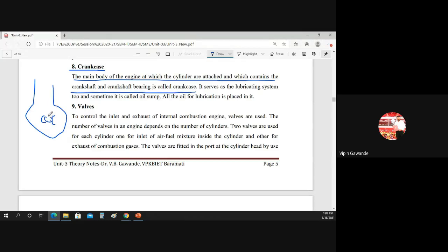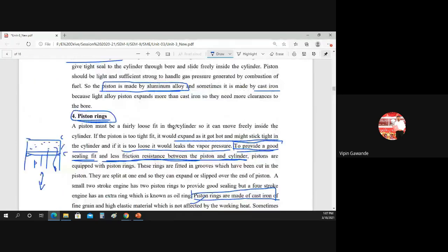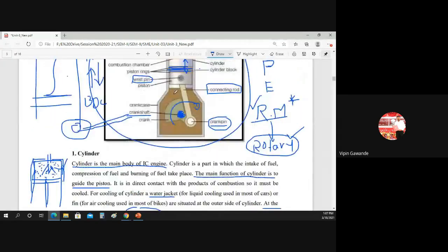So everything is here only. We have here the crankshaft. Then we have the connecting rod here, and this connecting rod is connected with the piston. So see, we have the crankshaft here and the crankshaft bearing. So everything is there. So this is called as the crankcase. That is there at the bottom. So where is the crankcase? This bottom part of the cylinder is called the crankcase.